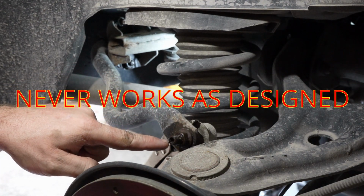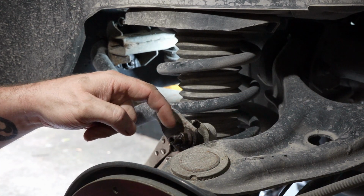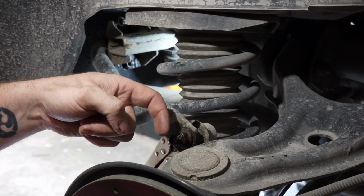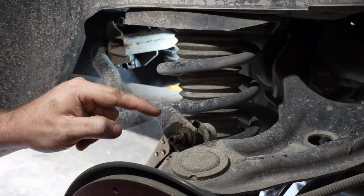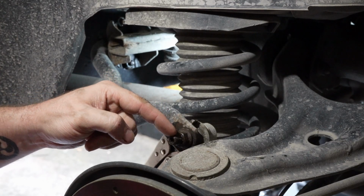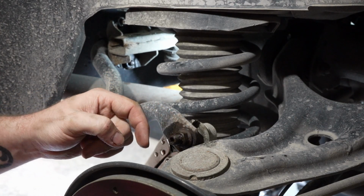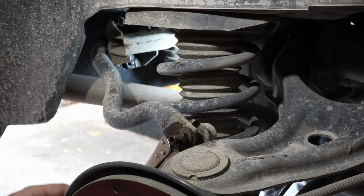My experience with that is that you will almost always round out the center of this as soon as you get into the threads that have been exposed to the air. The other thing is these threads have been exposed to the air. You're going to want to spray them with some sort of penetrant, something to give a little bit of lubrication on this. And I might have to spray these again, but I'm going to start with that one